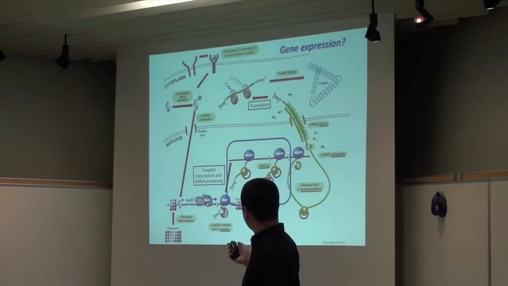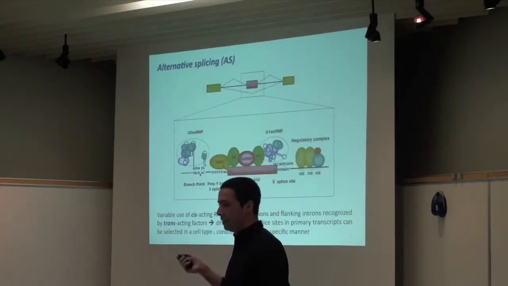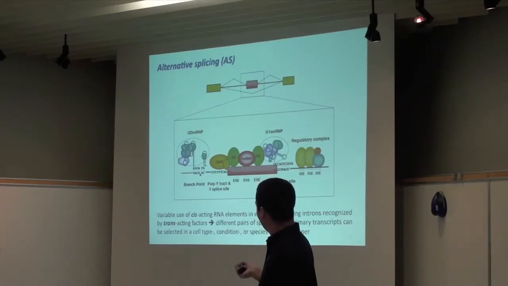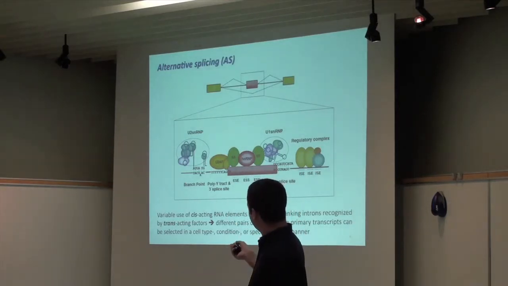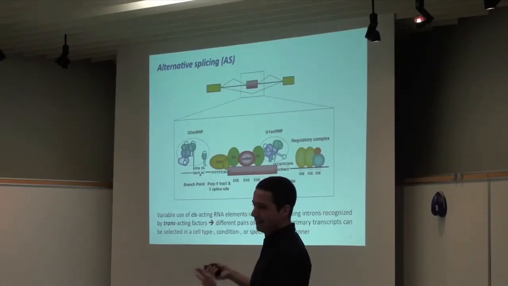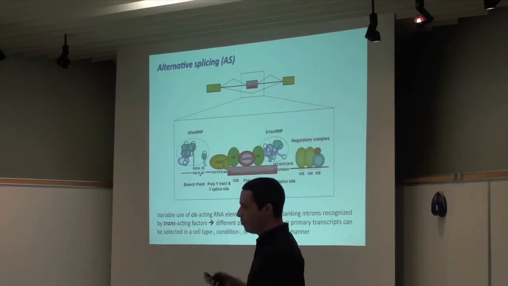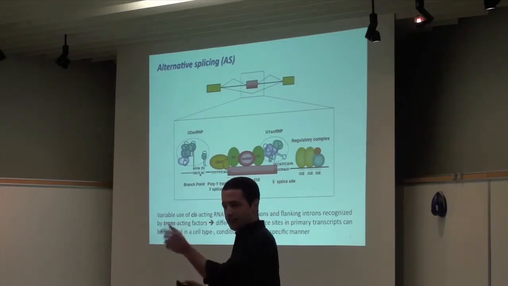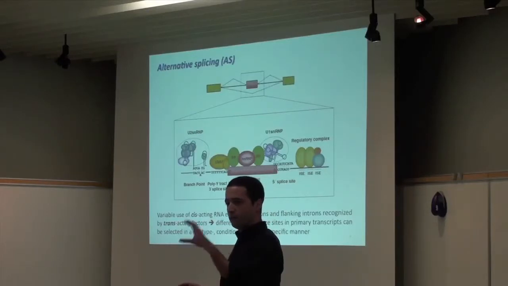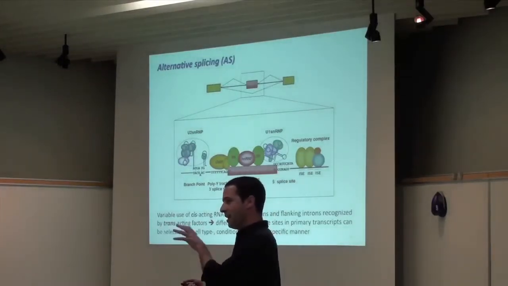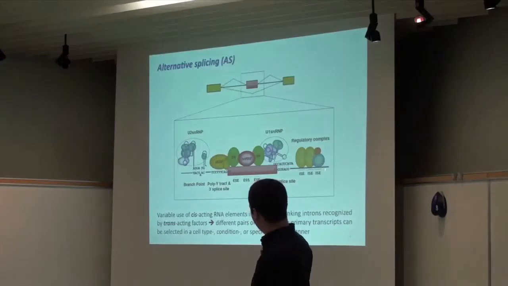And not only does this happen, but it can happen in many alternative ways, what we call alternative splicing of the RNA. And the way this is regulated, and that's what the lab is studying, is by an interplay between sequence elements, which you can call the cis-acting elements, so motifs, more or less degenerate, more or less specific sequence elements in the RNA, that tell what we call the trans-acting factors, the splicing factors, the protein elements, where to act, where to bind.